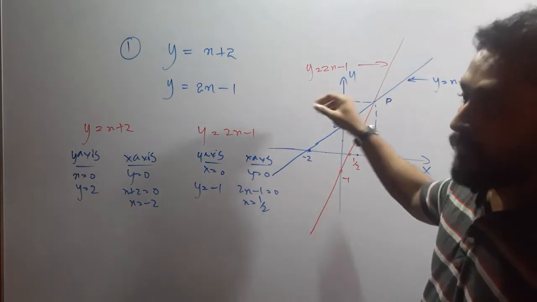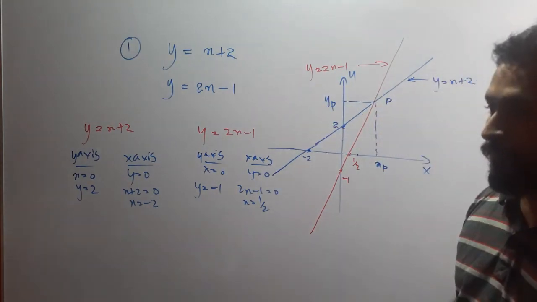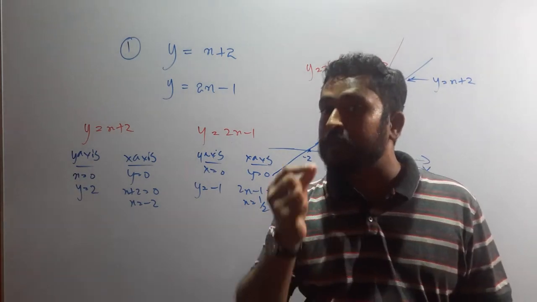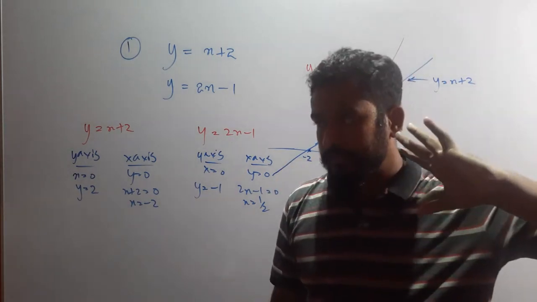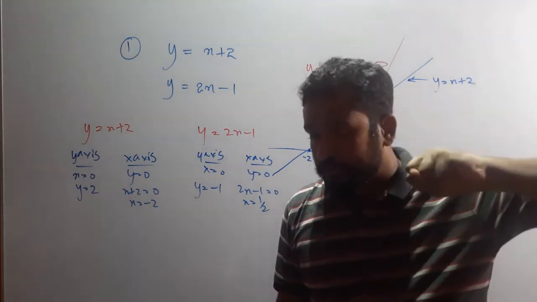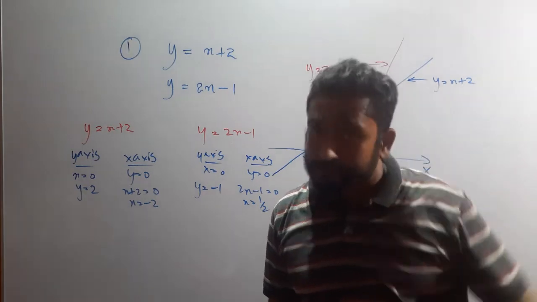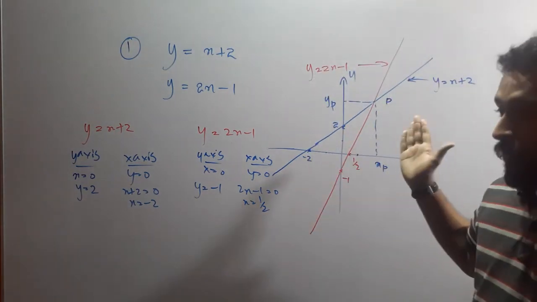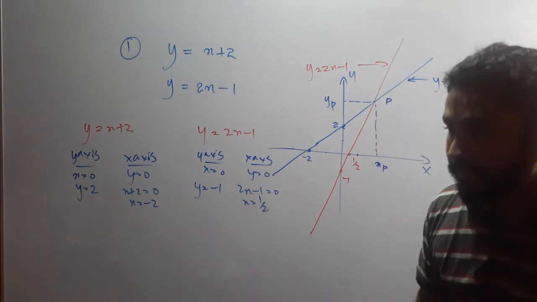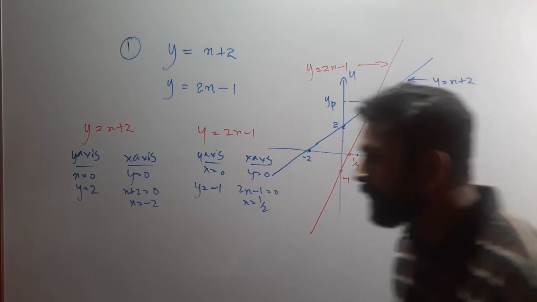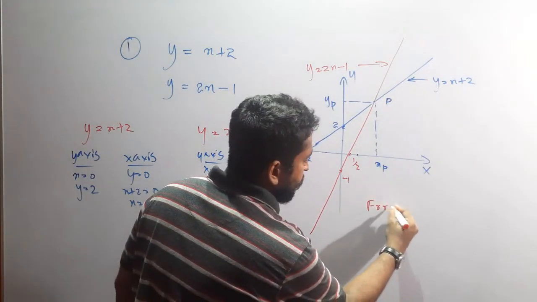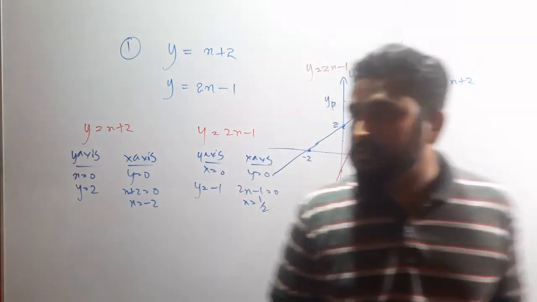For both, the y coordinate is the same. For both, the x coordinate is the same. We are utilizing that fact to find the coordinates of the cutting point. Of course, we need the coordinates, because that is also important data. How to do that? I'm going to solve for P.